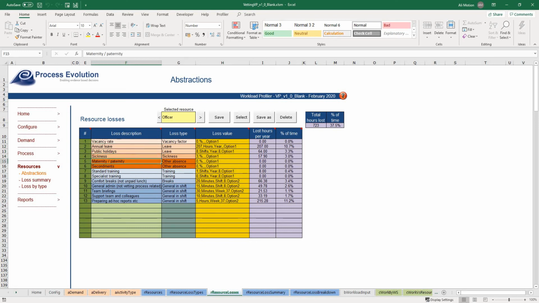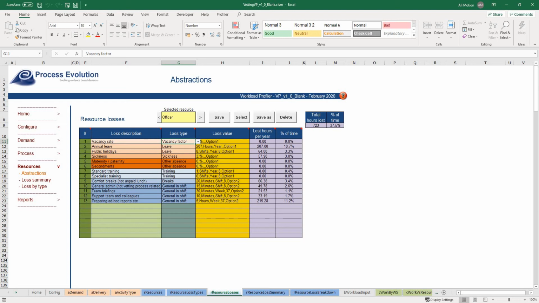Then sickness, maternity, paternity, secondments, training, so specialist and standard training, comfort breaks, so in-shift losses there, and then admin, briefings, etc. Within each of these we've got the loss description and the type it sits under. For example, vacancy factor is one of the types that we previously specified,